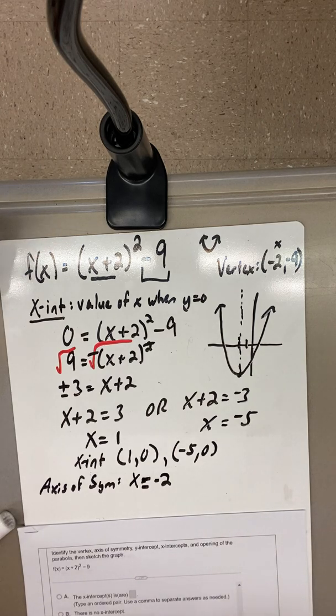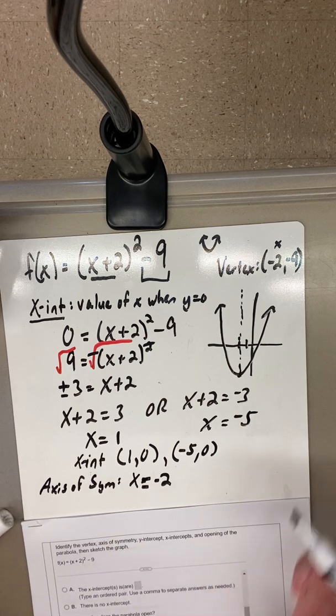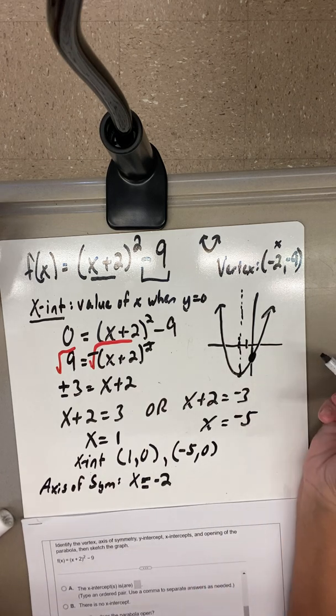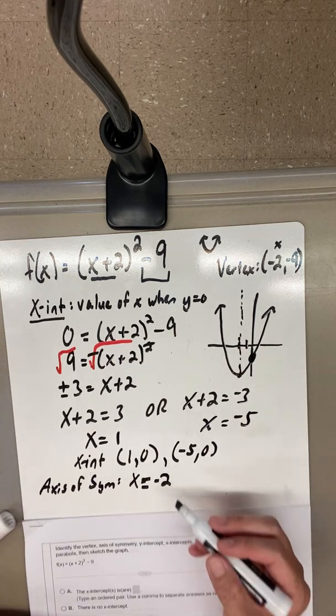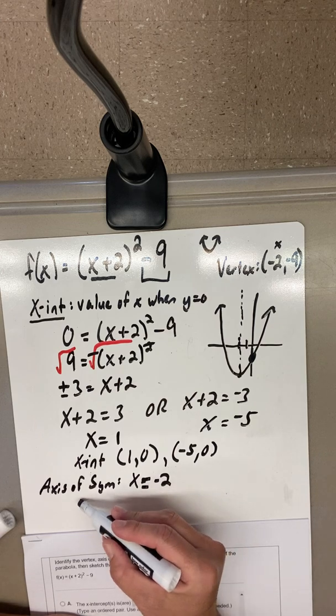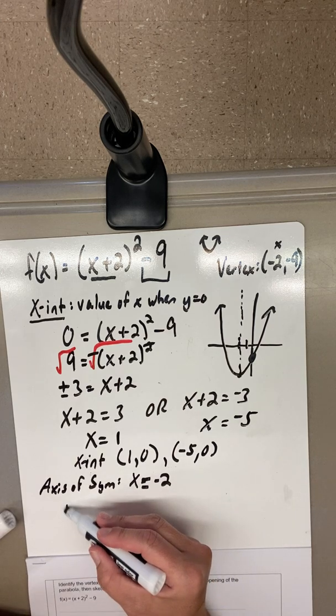All right. It also wants the y-intercept. So now the y-intercept is where it crosses the y-axis. It's the value of y when x is 0. All right. So we can do this. Hopefully you can still see this down here. Yeah, you can. So I want the value of y, that's f of x,